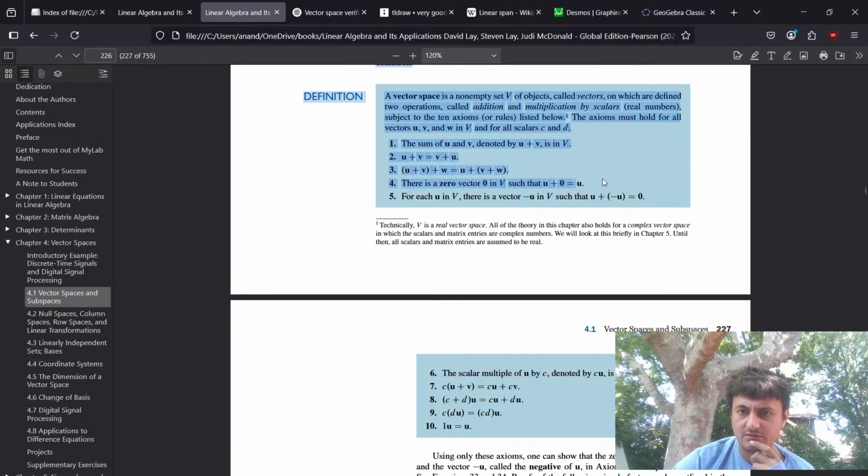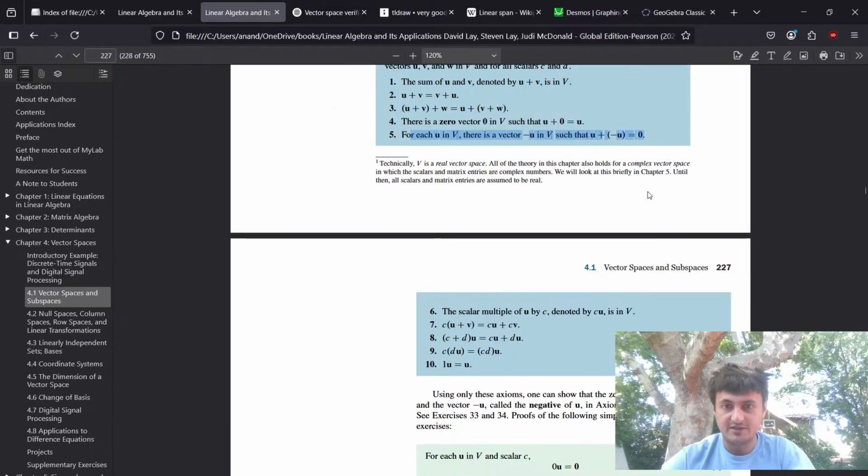We got the 0, additive identity. We got the additive inverse by inverting the coefficients. We got closure of scalar multiplication. Let's see if we have